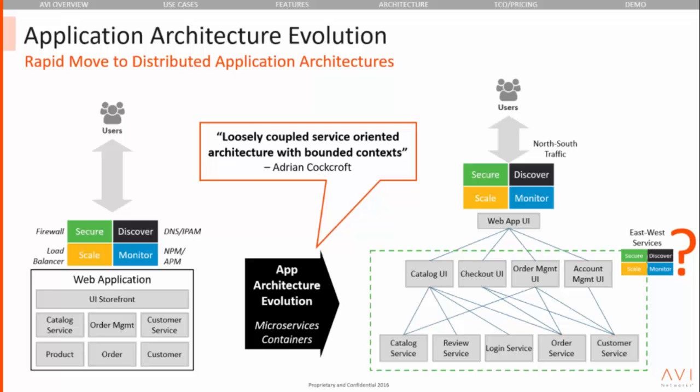The same thing happens at Twitter. The same thing happens at Facebook. The same thing happens in a number of web-scale properties today. And the reasons for that are simple. When you fragment a large monolithic application into much smaller, manageable chunks, and you bound their context, you have well-defined interfaces between these two, then you can go into a single application, my catalog service on the right side, for instance, and you can rev it, you can upgrade it, downgrade it, you can make changes to it, you can scale it. There's a lot of flexibility in how you optimize the overall application deployment when you fragment it in that fashion.